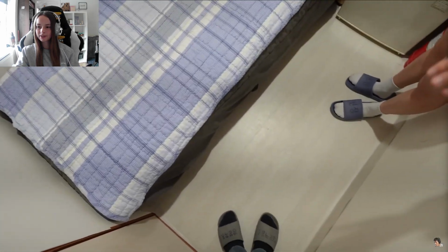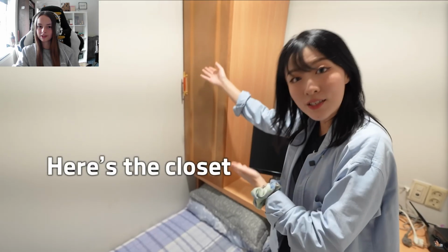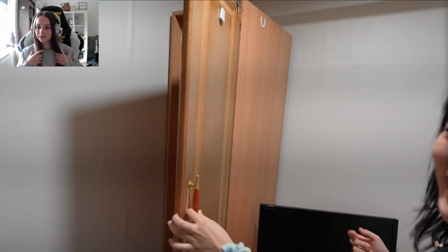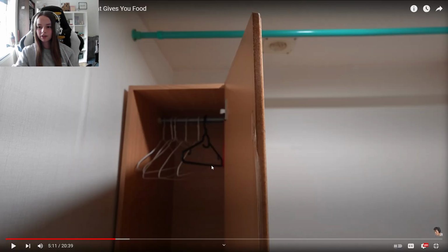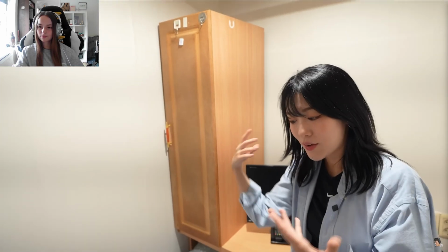So let's take a good look at what they have. You have room for a little mat as well on the floor if you want. Here's the cozy size. You can see the cozy size. Nice little extra. Oh, you can still fit a decent amount of clothes in there. That's not too bad. Little extra storage space here. And also here is